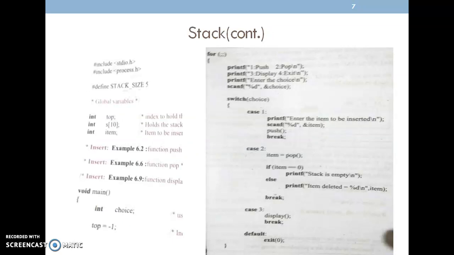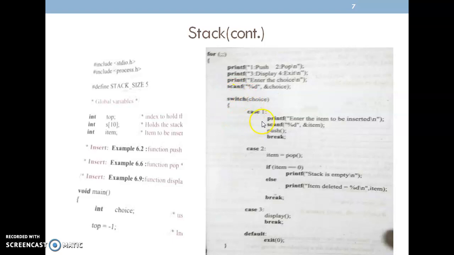Then, including all the functions, I'm calling them from a single main function. This one we already know. Then void main, with int choice for selecting whether I'm doing the push operation, pop operation, display, or exit. The for(;;) with double semicolon inside the braces indicates that it is always true. So printf: first push, second operation you can perform pop, third operation display, fourth if you want to come out of the choice, click on exit. Then for reading the choice, I'm going to write "enter the choice", scanf("%d", &choice). The choice can be 1, 2, 3, 4. It is an integer, so %d is required.